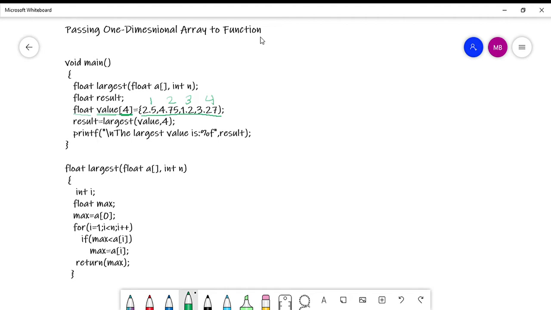Now here I am making a function call. You can see that this is the function call, and this is the main function.